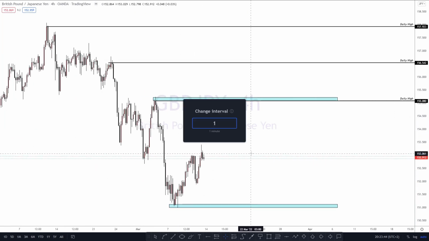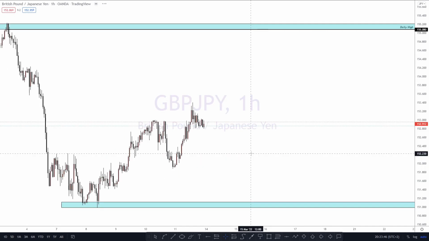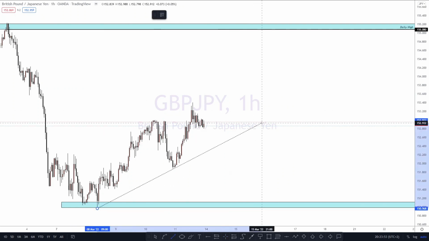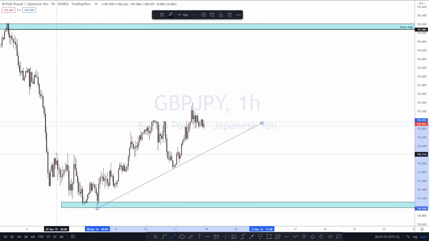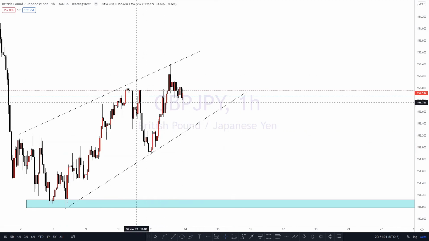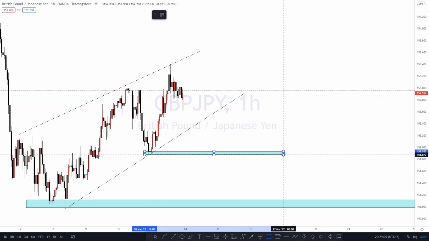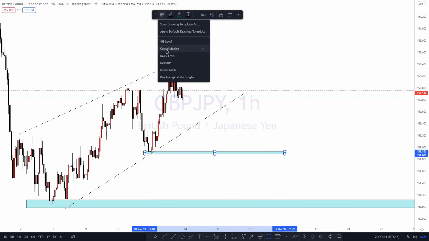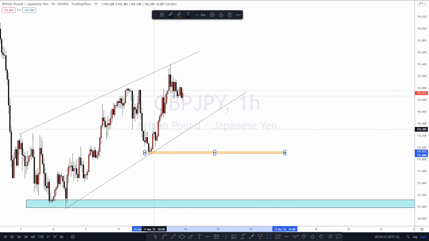You want to look at 4H and see what is happening in the 4H. As you can see, we are indeed pushing to the upside. If we are indeed pushing to the upside, then it means we are creating a bit of an uptrend, right? An uptrend is always a bit of a channel, and we just look at that. This one would require more patience more than anything. See that this is our higher low on 1 hour, and we don't have anything else.